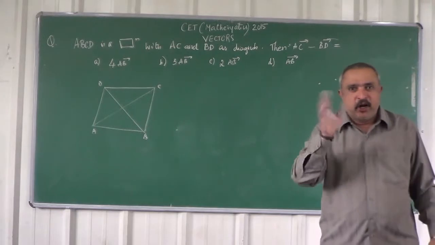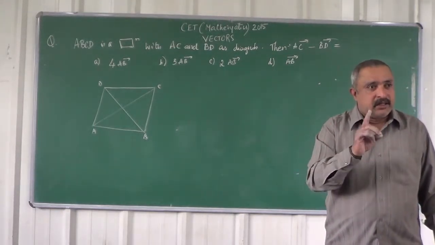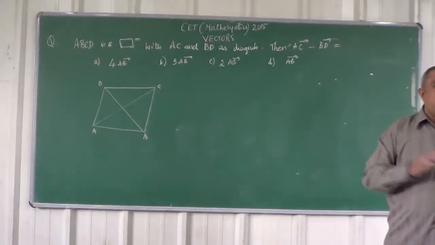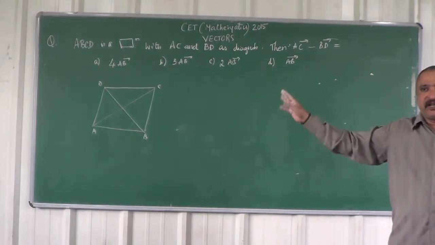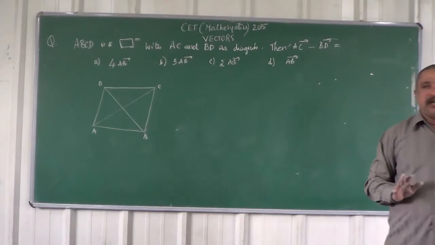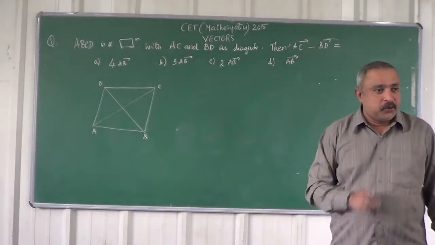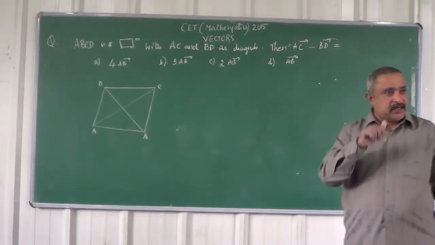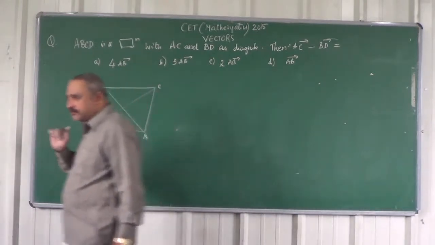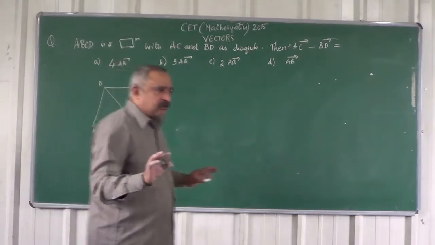By guessing, can you give me some answer? AB. But it is not correct. 4 times AB is too much, so it cannot be. 3 times AB? 2 times AB. The answer is actually 2 times AB, but you should know why, because this can be asked even for second year PUC. This problem is merely based on the law of triangle of addition, that's all.